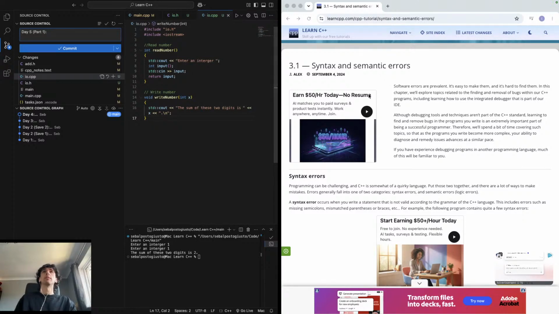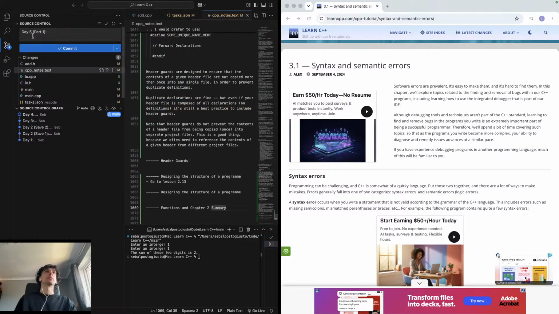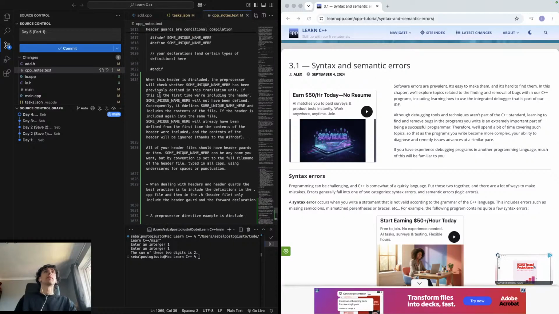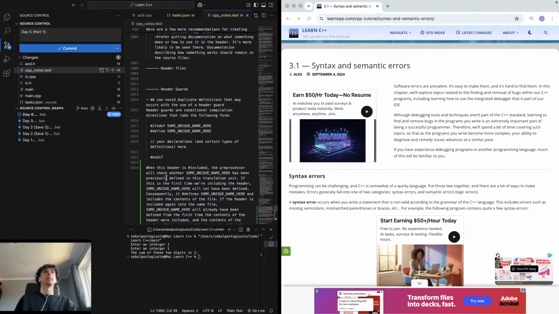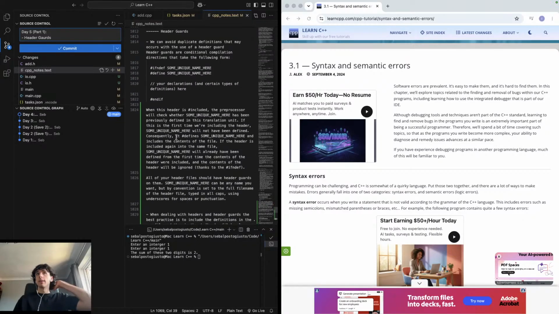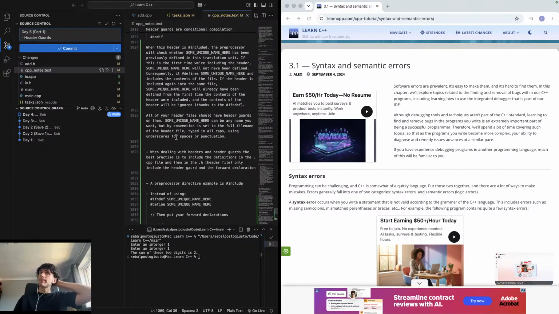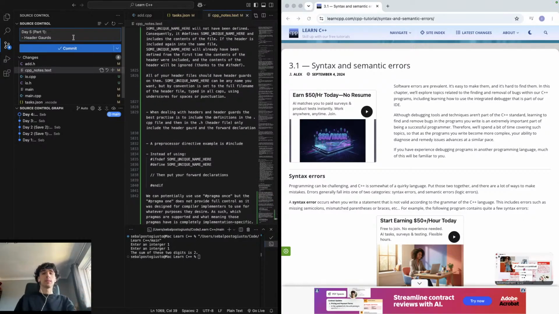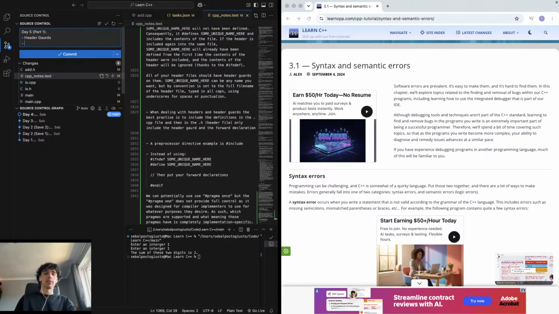We covered, and notes would probably be best. We covered header guards, we covered also programming structure